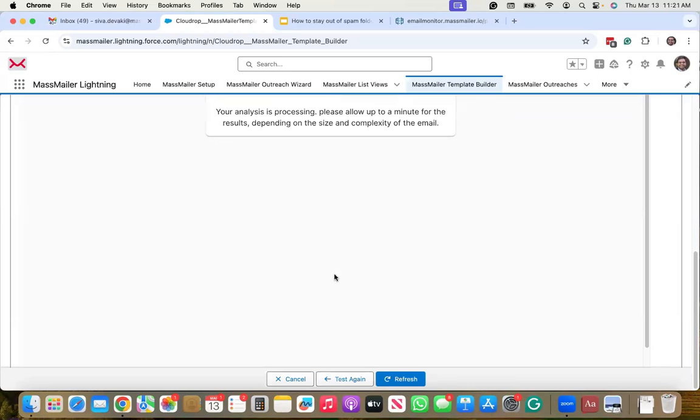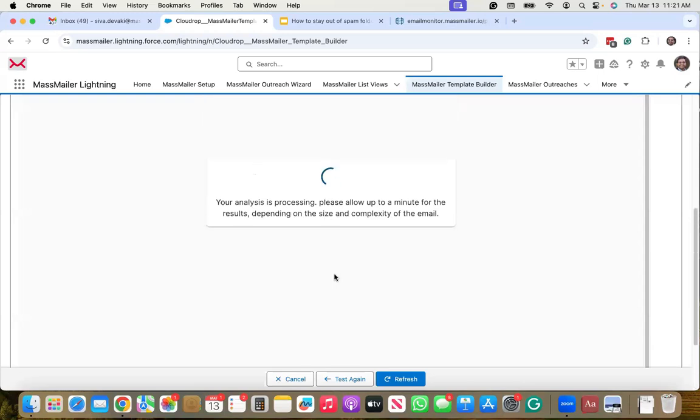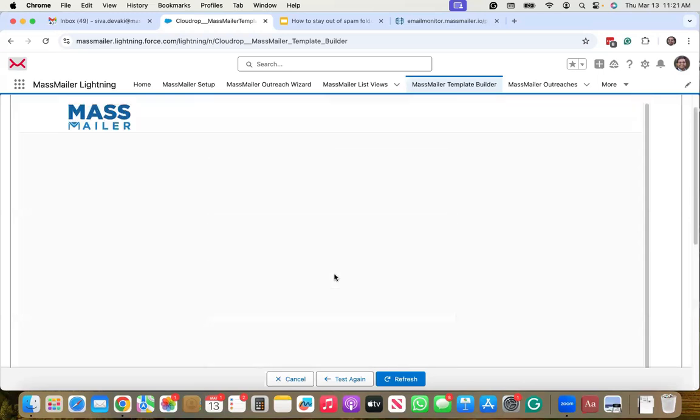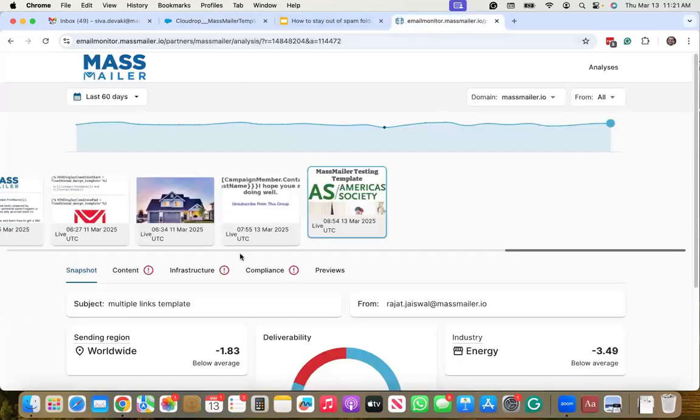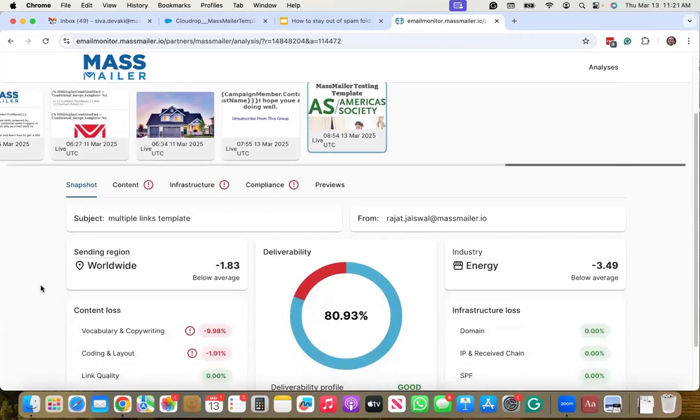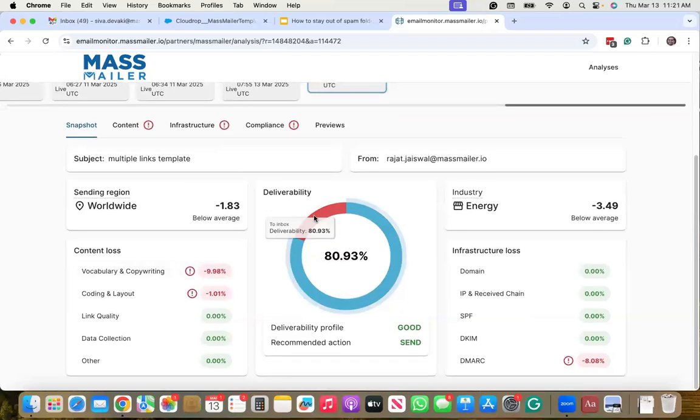So these are all input parameters that you have to feed into the backend engine that's going to analyze your template. It's going to give you a report. It may take a few minutes to get this report, and you will receive an email as well with a link to that report, and that's always available from the link. Right now, I'm going to go ahead and show you a sample report that I executed on a different template, I believe. So this is an example where it shows that this is 80.93 deliverable,